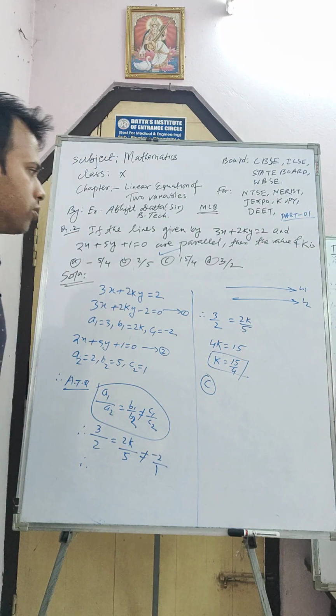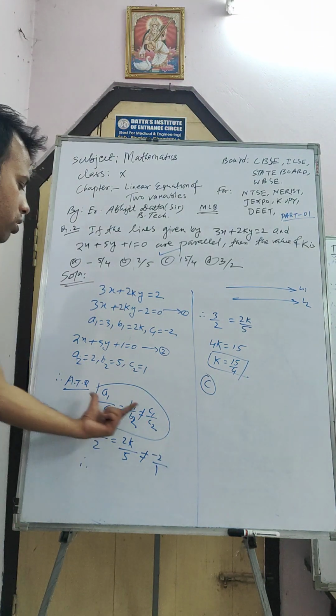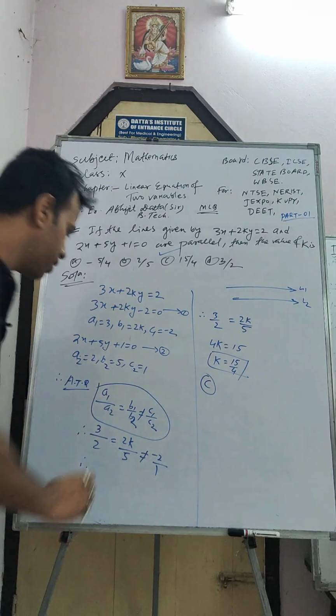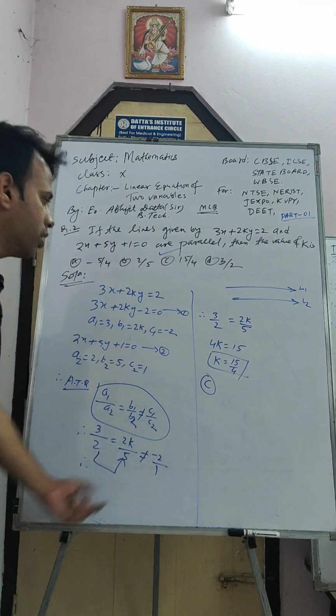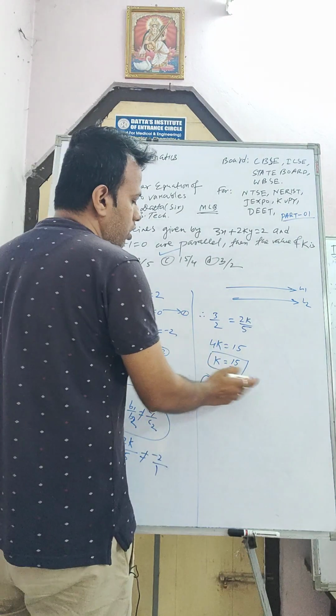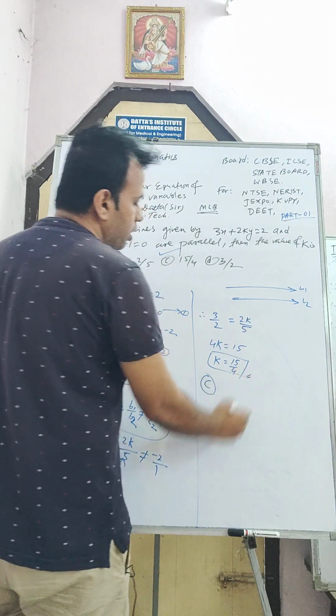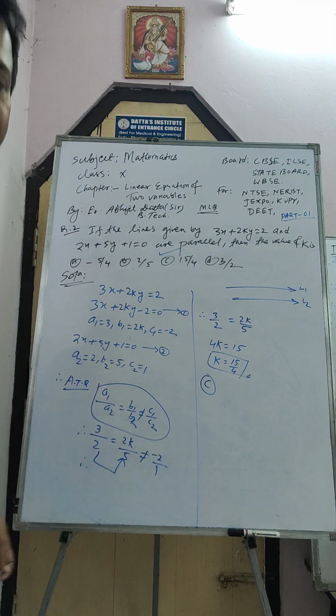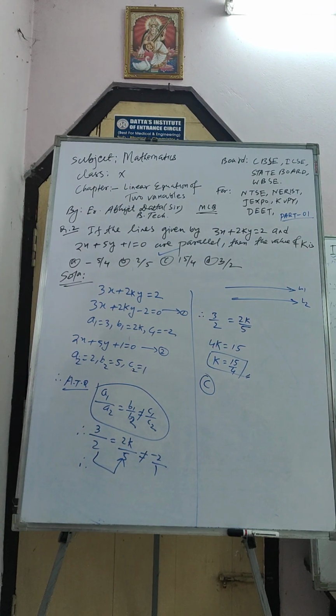Okay, or no solution. So the condition for parallel equations to have no solution is this one. I just put the value and I take this 2, and after that I simplify or try to find out the value of k. So k is what? 15 by 4. So 15 by 4 is the correct answer. Okay, got my point? So we move on to the next question.